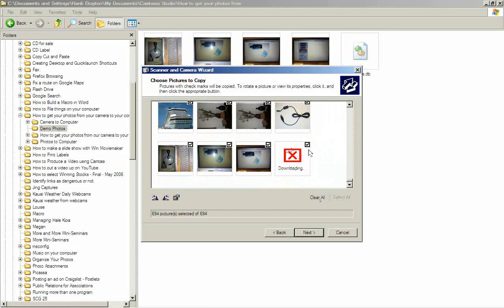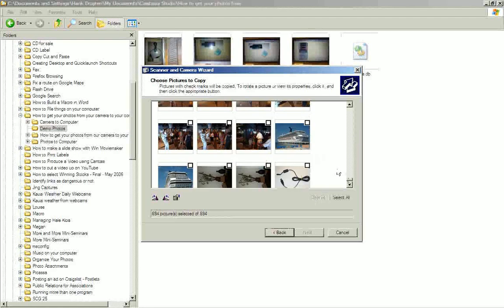They all show up with check marks in them, and you should first clear all check marks and then just select the 1 or 2 or whatever you want. I'm going to just pick one more. Well, no, I'm going to pick 3 more, so you can see how it works with multiple photos. Then I'll click Next,